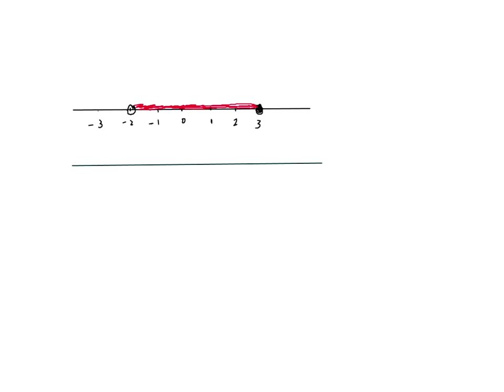Okay, they use brackets, means the endpoint is included, parentheses when the endpoint is not included. -2, this is 0, this is 3. Now that's all it means. We're talking about all the numbers that are in between -2 and 3, but the 3 is included as part of the answer. So if I were going to write the set of the numbers, Yvonne, you can go ahead